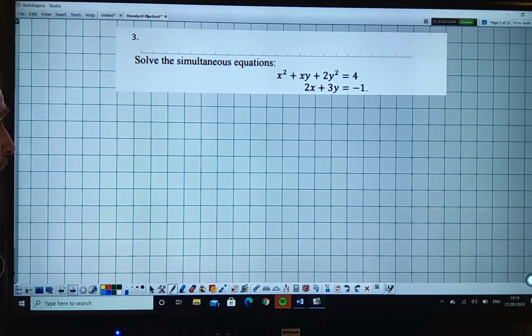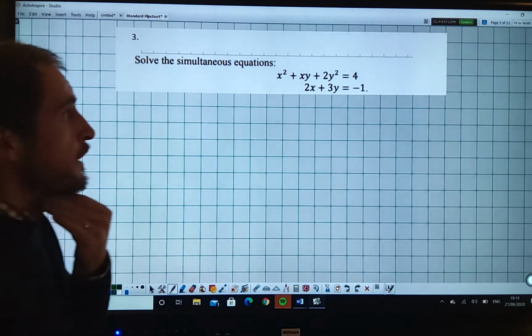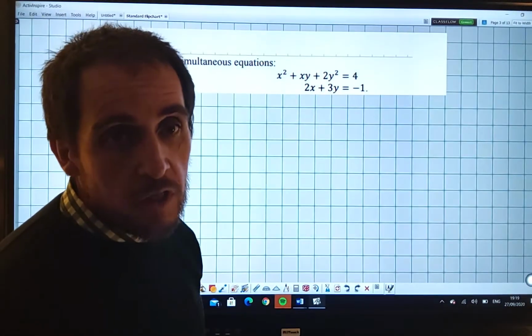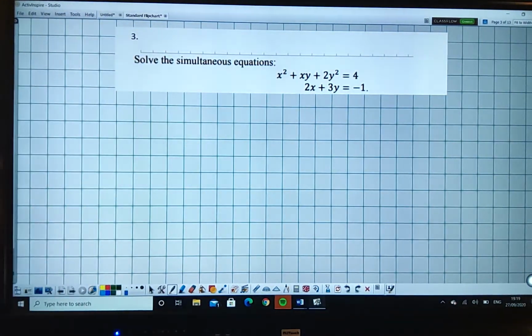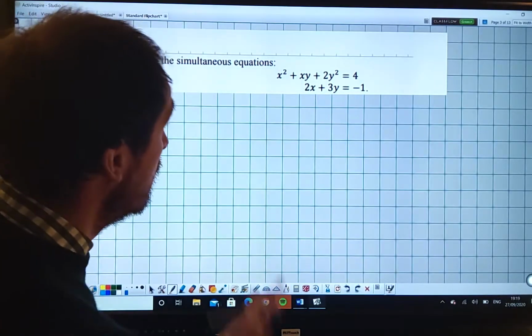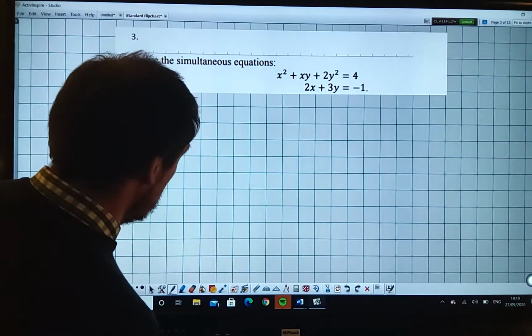Question 3. Simultaneous equations. Right. It's a bit of a catch to this one here because they're slightly different. So you have to basically write, this is where manipulation of formula comes in. So you have to write x in terms of y. That's one of the key things you have to do. And that's why I place such emphasis on manipulation of formula. Okay, so